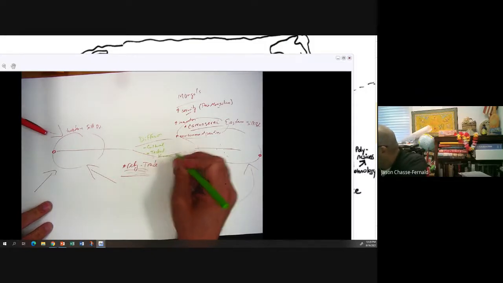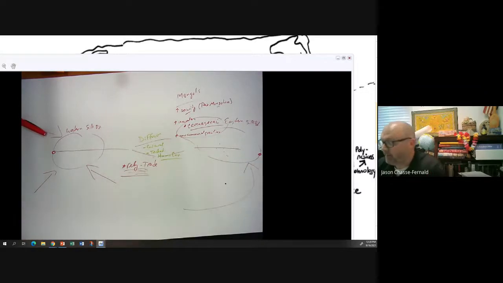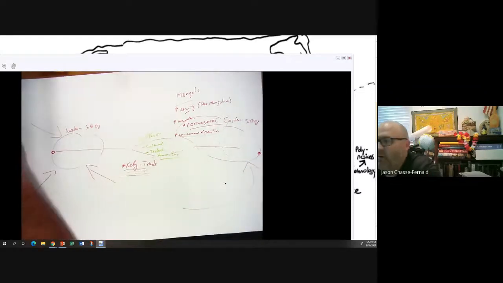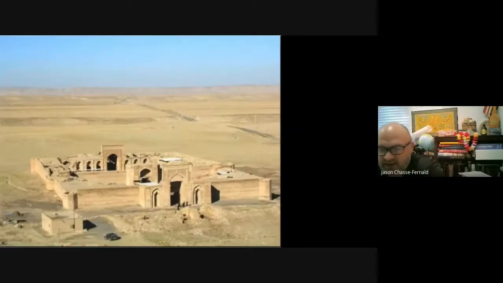Your homework also dealt with some of the human environment interaction, right? Diffusion that takes place, the bubonic plague, for example. So always be aware of the diffusion that is taking place, right? When you're looking at this kind of stuff, be aware. Gunpowder, paper technology. These are being diffused across the Silk Road, just like silk is being diffused, right? Just like Buddhism is being diffused. So keep in mind what's moving across and which direction it's moving, right? That is an important consideration to keep in mind.